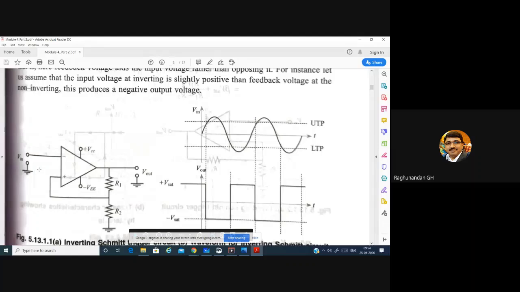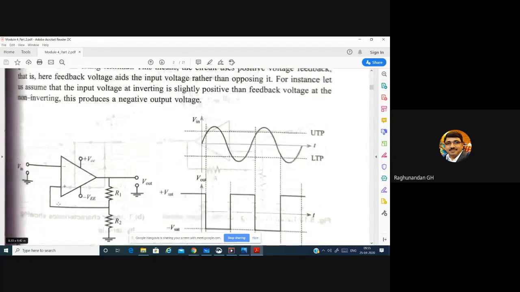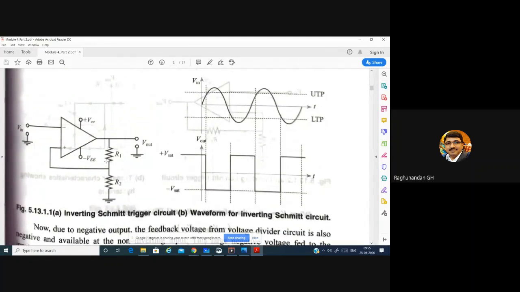In all the applications we have studied so far, we gave the feedback to the negative terminal. But here we give the feedback to the positive terminal. There is a specific reason behind that, and we'll understand it as we study. Here the feedback is given to the positive terminal, and anyhow it has to be grounded. Having this resistor R2 at this point or that point doesn't make any change. Please remember that. After that, we give the input to the negative, inverting terminal.